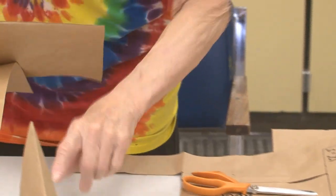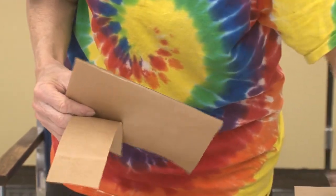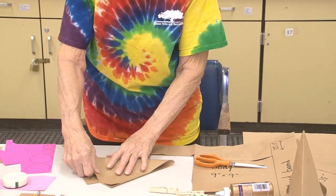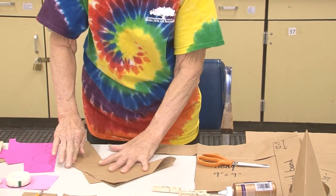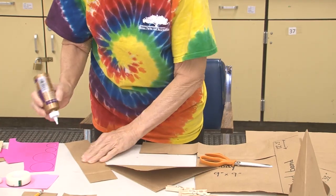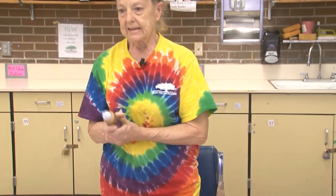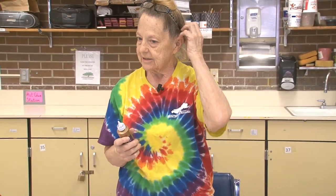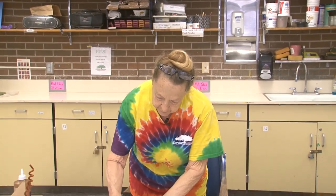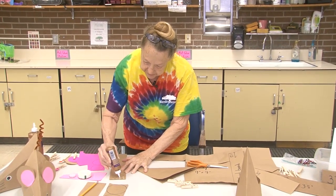So step number 1 is going to be this part of the hat, the face and then the band. So you're going to take your square or a diamond and you're going to fold it and crease it. And then what I do is I don't use hot glue because it's really dangerous, and I don't like staples because it gets caught in your hair. So I use tacky glue, and I don't use a lot. I just put little drops of glue along here like this,